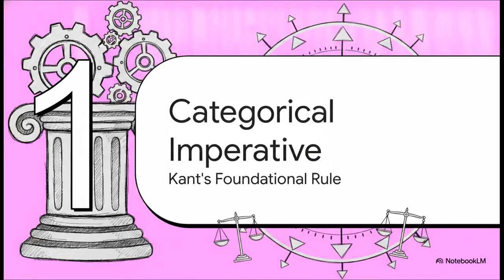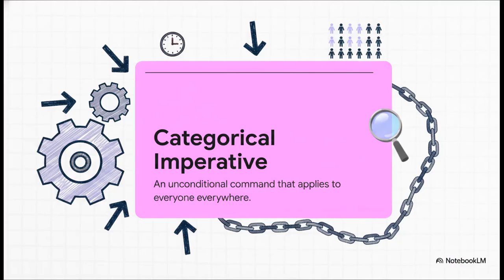Section 1. Kant's categorical imperative. To really understand Kantian ethics, we absolutely have to start with his foundation. And I mean, absolute foundation. The categorical imperative isn't just situational. It is a rigid, universal moral algorithm that binds all rational agents. It's, by definition, an unconditional command. That means you don't just get to opt out because of how you're feeling that day or what the specific consequences might be. It applies to everyone, everywhere, period.